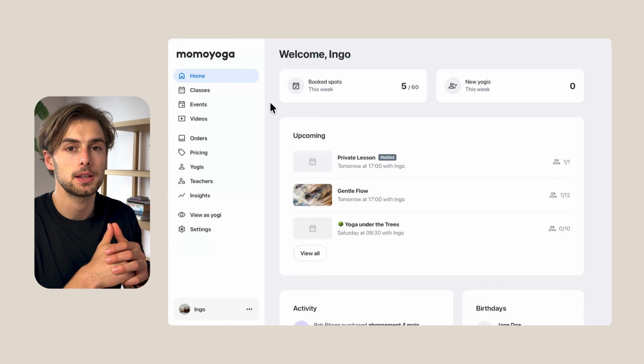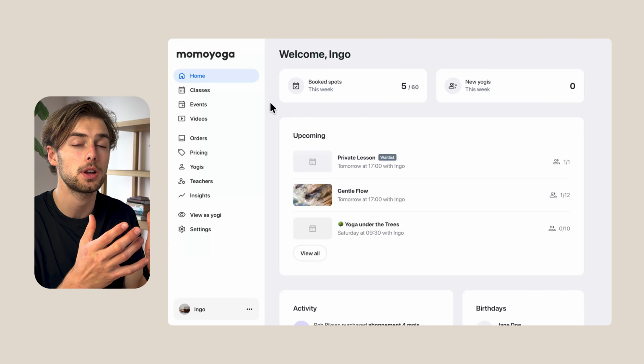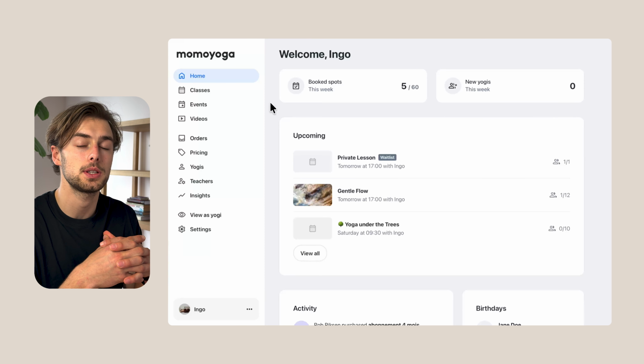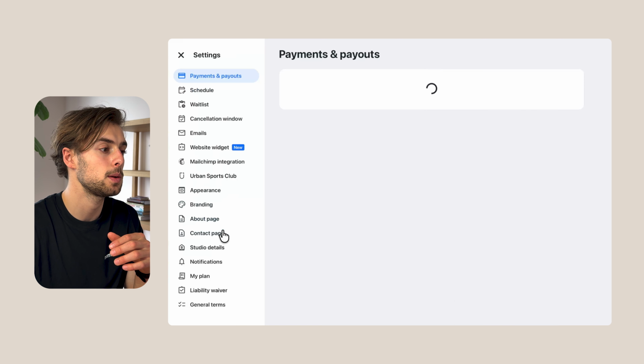Custom branding basically allows us to add a custom color and a logo to our Momoyoga environment, which will be reflected in the Momoyoga environment, as well as the invoices that we send out and the website integration that we have. To get started, we're going to head over to the settings tab,